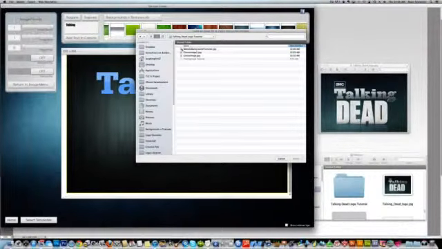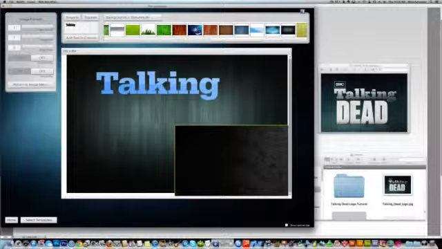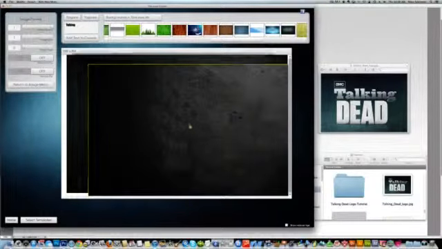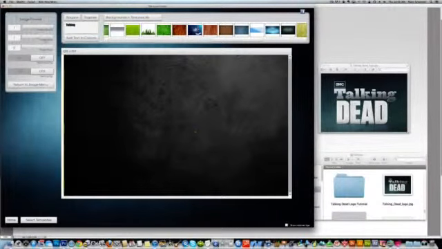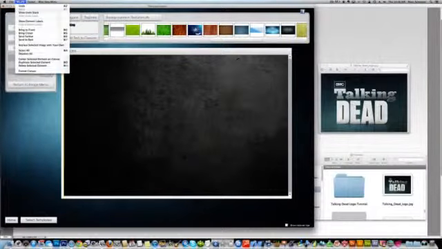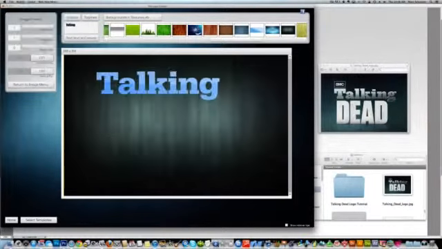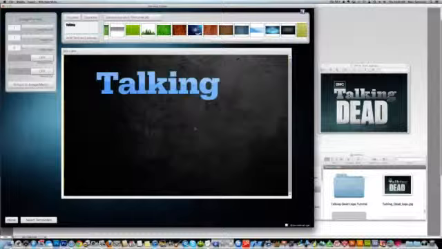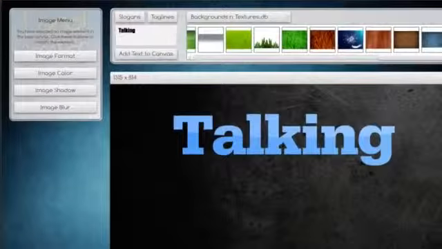Here we go. It's a web background texture. Here we go. Let's try that. Is that it? Yep, there it is. All right, almost perfect. So let's send this to the back. There we go. Okay, so let's colorize it a little bit to make it more of the color of the